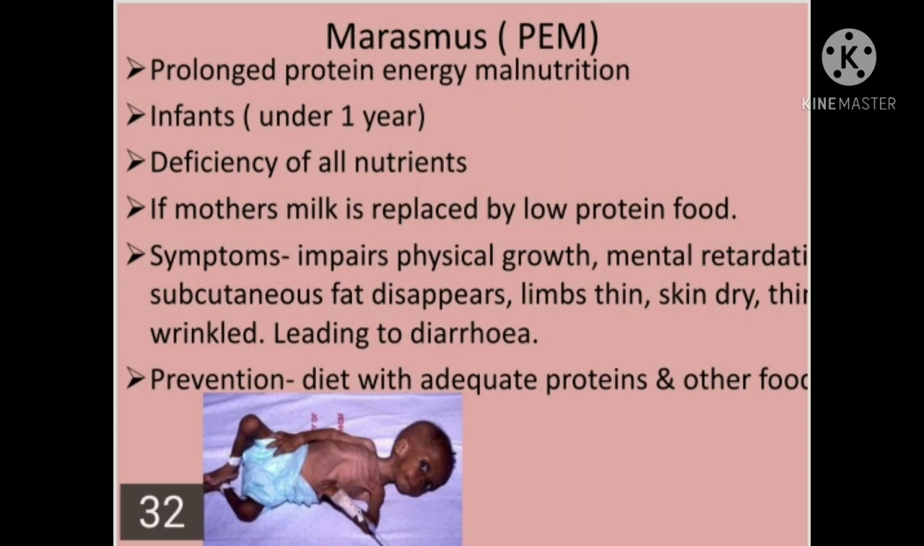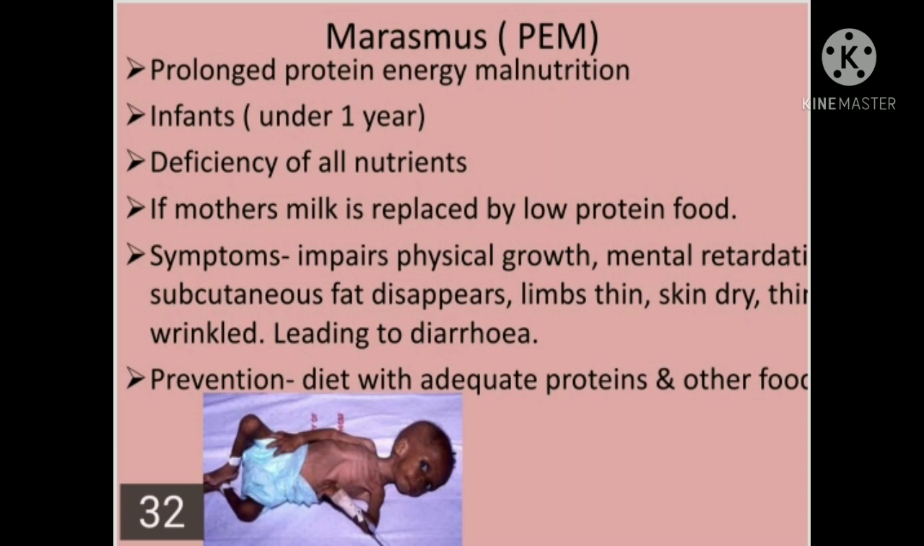So this is now moving on to the next slide, and that is called as what? Marasmus. Marasmus, what is there in this? As it says, it is a prolonged protein energy malnutrition. The full form of PEM is protein energy malnutrition. For a very long period of time, energy malnutrition or the deficiency of protein is seen